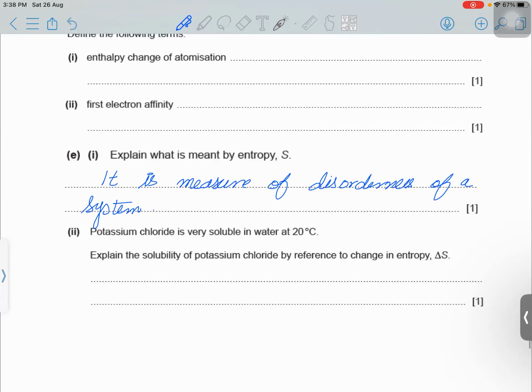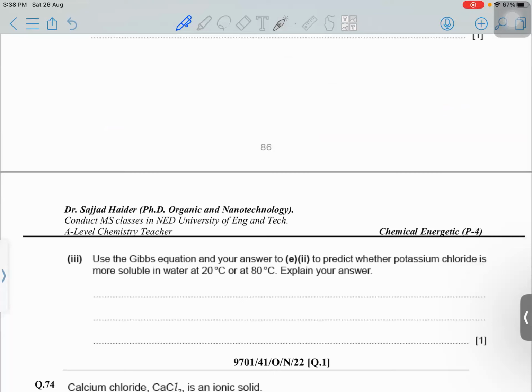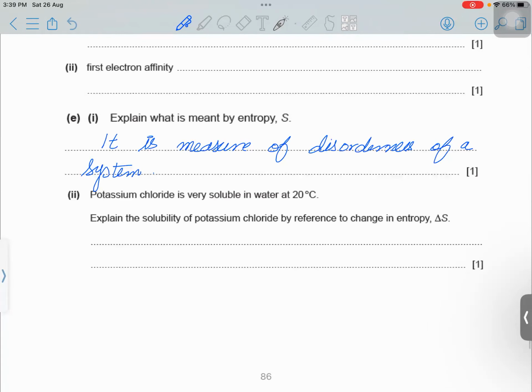So potassium chloride is very soluble. So the answer is potassium chloride solid. Here we have an aq sign, here we have another aq sign. So delta S increases